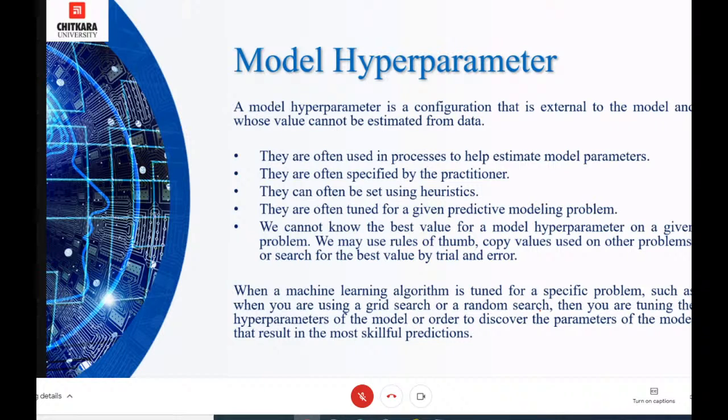So a model hyperparameter is a configuration that is external to the model and whose value cannot be estimated from the data. They are often used in processes to help estimate model parameters. They are also specified by the practitioners. They are tuned for a given predictive modeling problem. We cannot know the best value for a model hyperparameter, but based on the problem scenario, based on the search value, based on previous trials, you can also